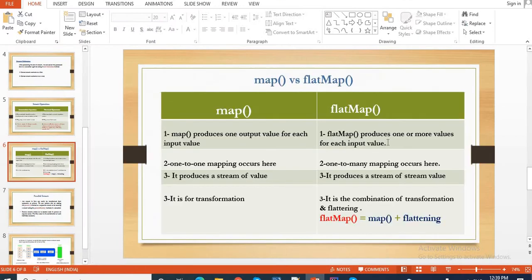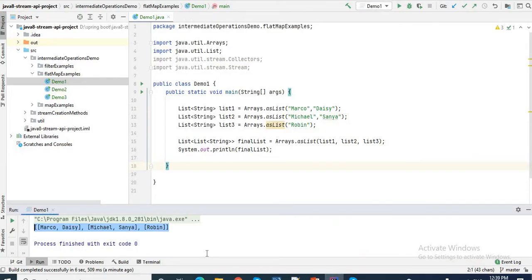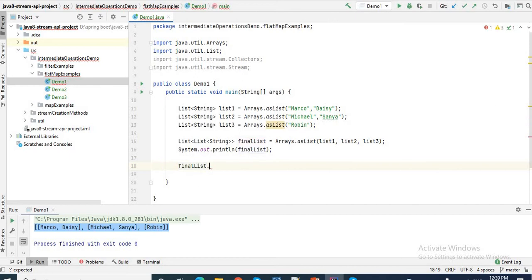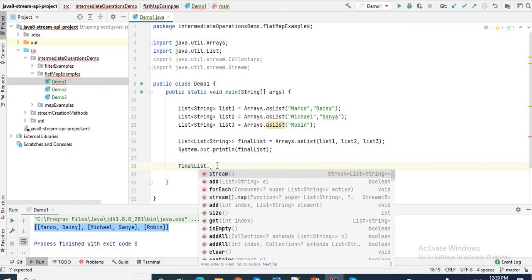Please mark here the flat map. In this case we will go for flat map. Flat map is the combination of flattening as well as transformation. How can we process this complex list by using flat map? Let's check. To process this final list, first I need to add this to a stream, by using the stream method.